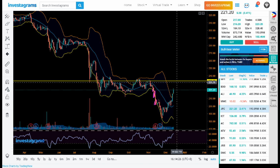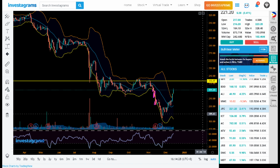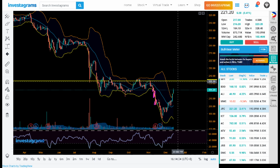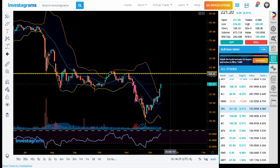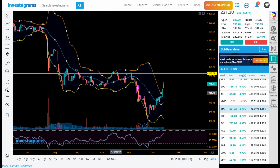JFC is already a good bounce for us. It's triggering the upper band, and the nearest resistance that we have is 233.07. Now, if we have some red candlesticks that will be formed in the resistance area, then chances are it will go back to your MA20 to create another support. No, actually not that yet. If in case we move up here and then there's a weakness, it will go back to this level first. 218